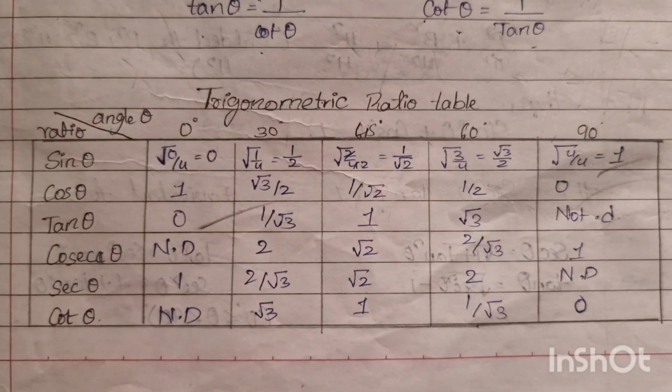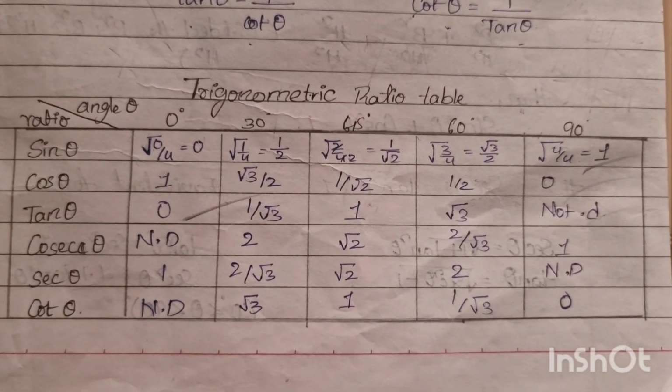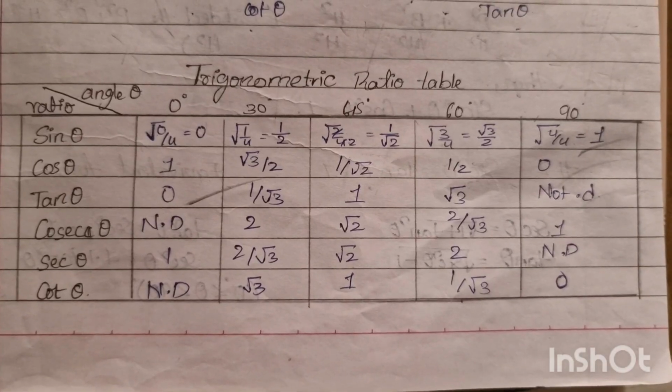So this is the table of trigonometric ratios of every angle. You can take a screenshot of it, or it is available in the textbook of